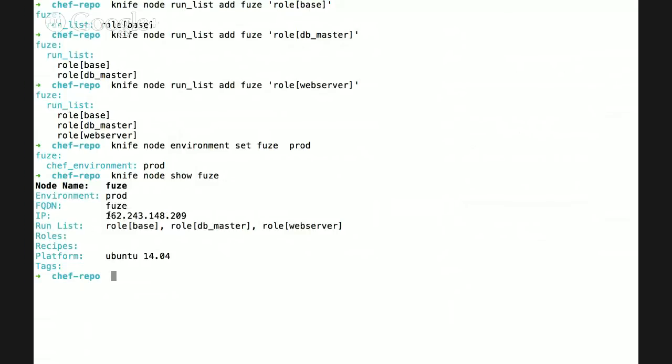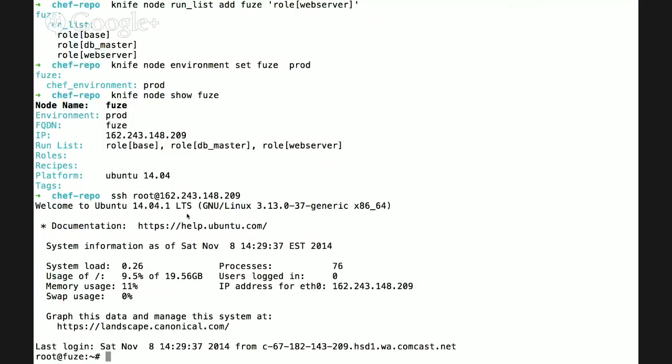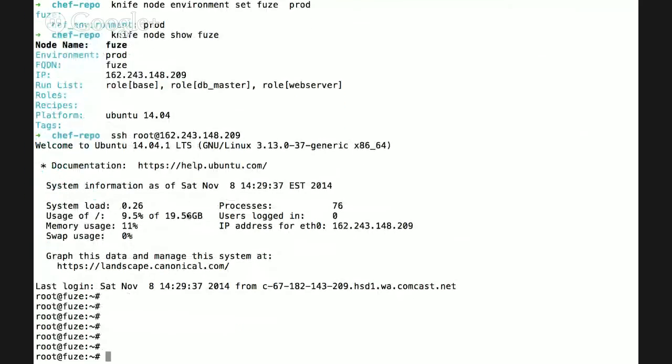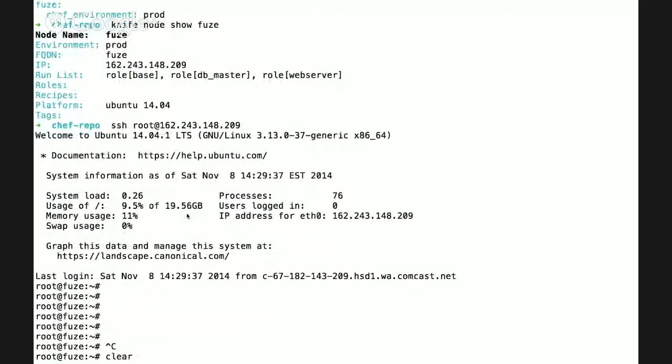And it shows the IP address. We'll grab the IP address and see if we can SSH to it. And yes, we are able to connect to the Fuse machine right now. The way to connect to SSH is